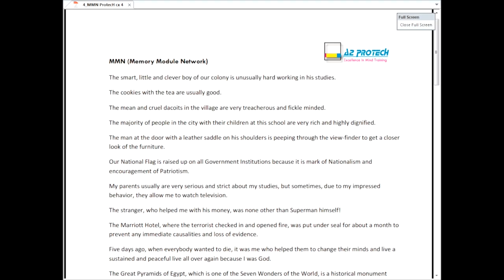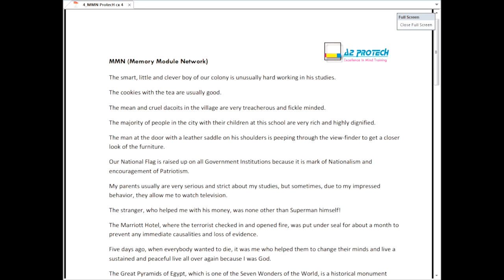You ready? Yes. Okay, so our national flag is raised up on all government institutions because it is mark of nationalism and encouragement of patriotism. Now let me break this. Our national flag is one segment, because our and flag came, and national is binder. Is is an auxiliary verb. Now its complement is raised up. That's a verb. Now after the verb,